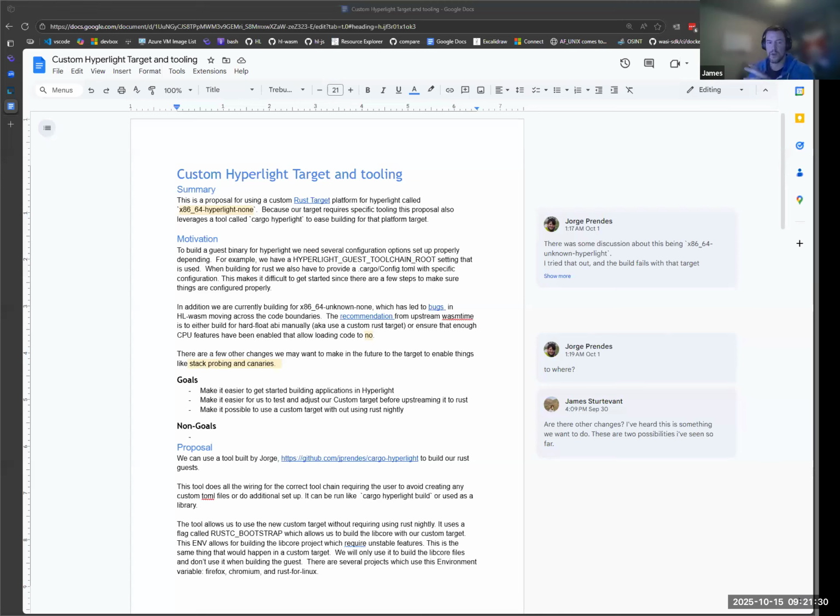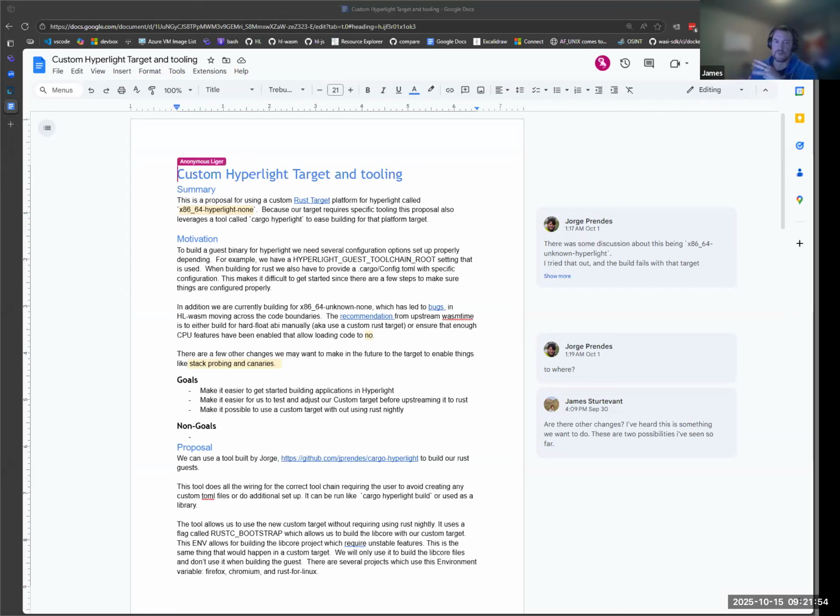That target by default uses the soft float ABI. And when we were running WASM in our Hyperlight guest, the Hyperlight Wasm time compiler doesn't go to soft float. It assumes some basic SSE instructions at its base level.